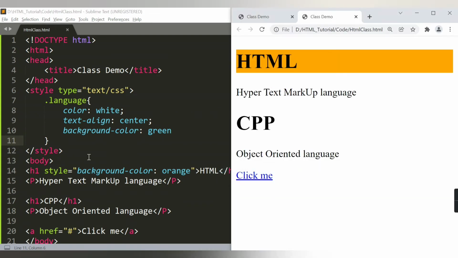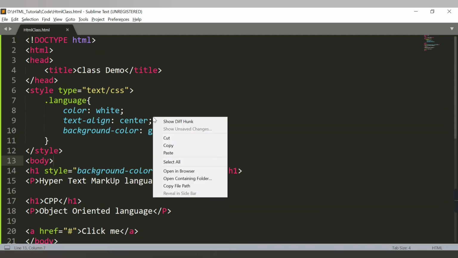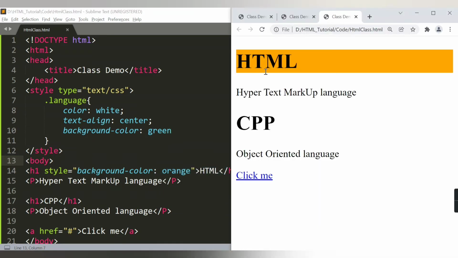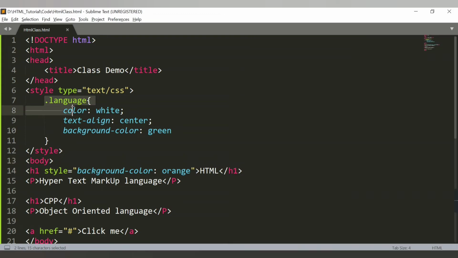So see, currently I'm getting the same output that we were getting. So I have this HTML, for which we have provided the style attribute background color orange. I'm getting the other text, paragraph, heading, paragraph, and anchor tag, but I'm not able to get these values, right? I have provided here, because we have just declared this class, we haven't used it anywhere. So to use that particular class, you need to provide that in a particular tag. Let's say for this paragraph I want to use this class, so inside this tag you need to say class attribute.